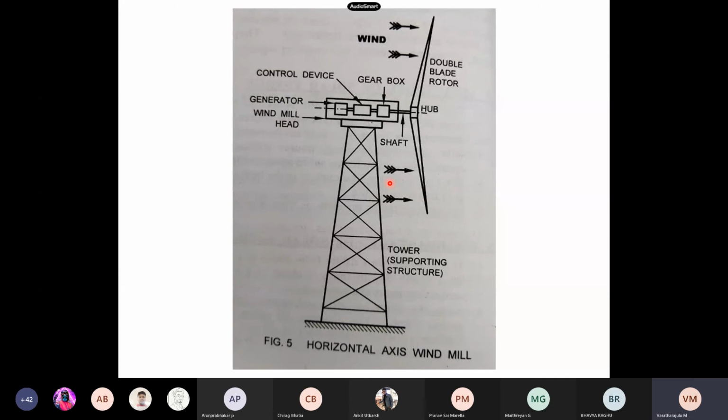Interest in large scale power generation has developed over the past 50 years. The types of windmills are usually classified as horizontal axis type and vertical axis type. The horizontal axis type has better performance than the vertical type. The horizontal axis windmills are further classified into single blade, double blade and multi blade types. The propeller type with counterweight arrangements, and the double blade type, give better performance than